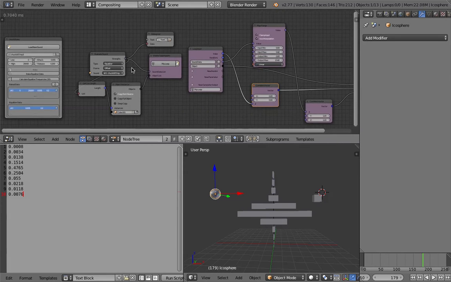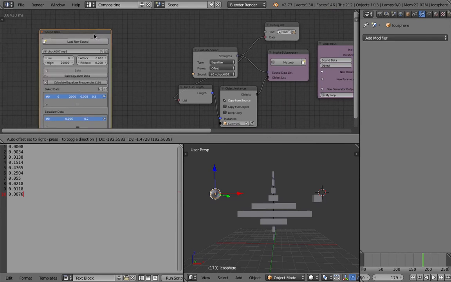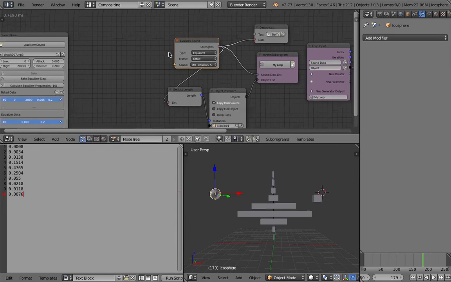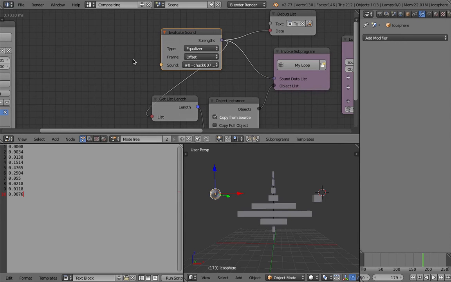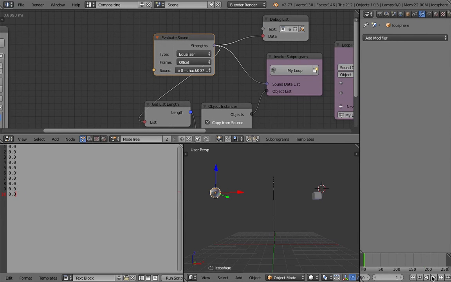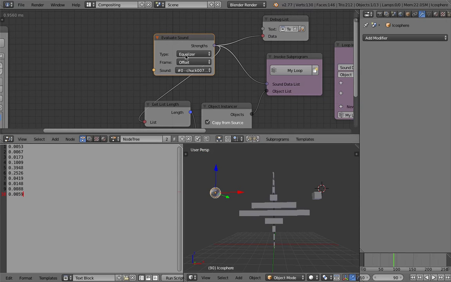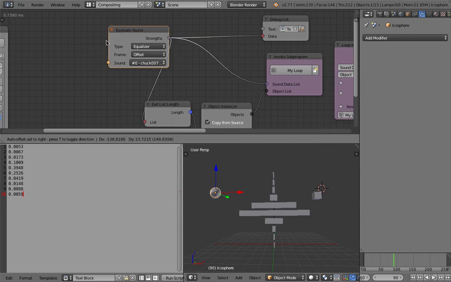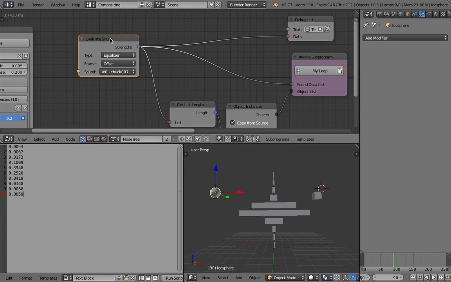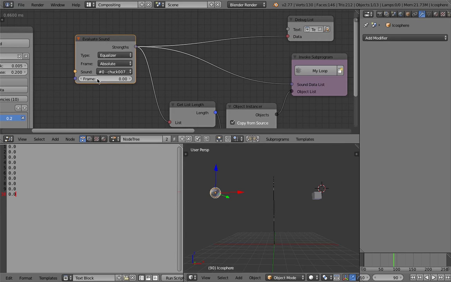Let's see. Let's touch a little bit of this offset thing. So with frame set to offset, I believe you don't have any kind of optional data, like optional input or output you can play with. But if you change the frame to absolute, you have frame, and with frame,